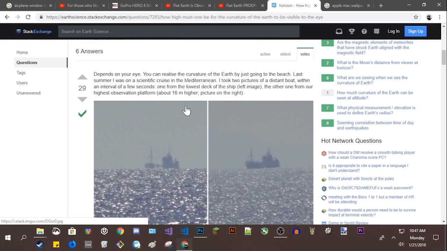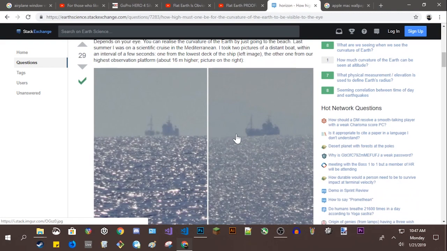So he climbed up 16 meters on an observation platform, probably on another boat, and he gets these two different pictures. And so he's claiming that in the first one, the boat is actually disappearing behind the curvature of the Earth. But all this would be chalked down to is perspective, because when you're lower, the angle is going to make the boat appear less, but the boat doesn't even appear much less high because it's only 16 meters,